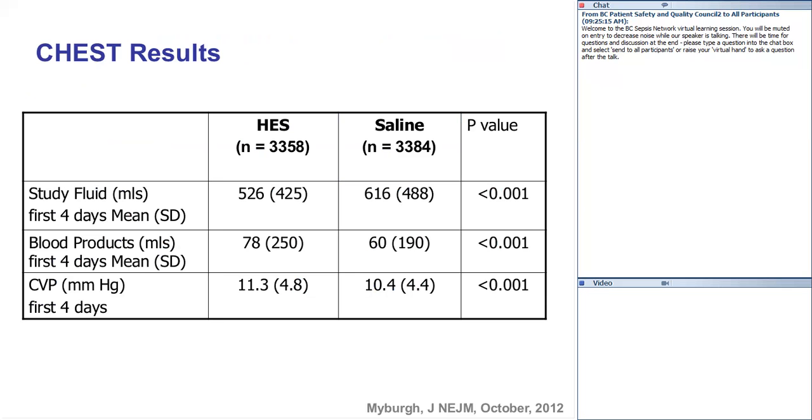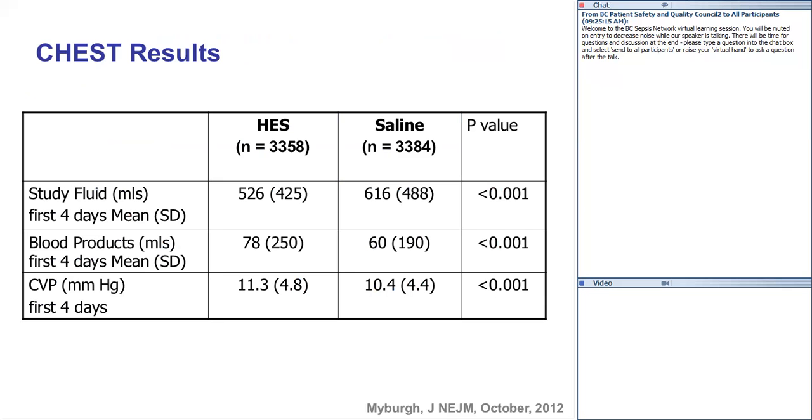With regard to the amount of study fluid, similar amounts were given between the two groups. The point that I would make here is just the amount of fluid that was given. It was about the equivalent of a bolus of crystalloid or colloid, about 526 in the HES group versus 616 in the saline group, compared to the 3 liters that was given for the patients with severe sepsis and septic shock in the